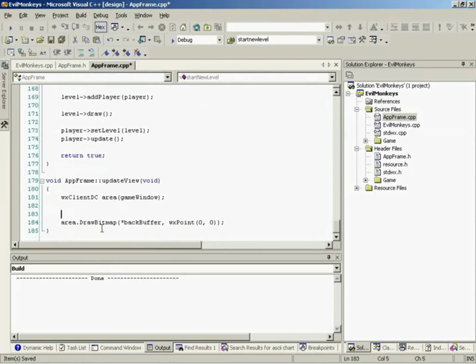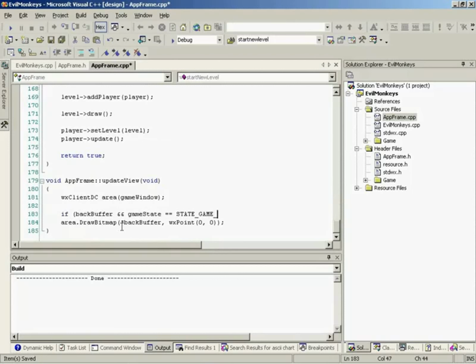That's right. Because at this point, it doesn't start out with the game in place. There is no back buffer because we've set it to null. And the game's not in progress. It's at null as well. So if you try to draw a null bitmap, it's not going to be happy. No, not at all. So what we need to do is make sure that if back buffer, so if it does in fact exist, and game state is equal to state game